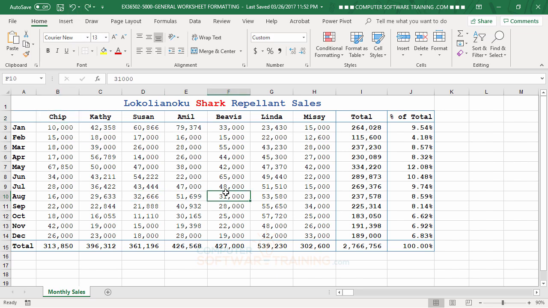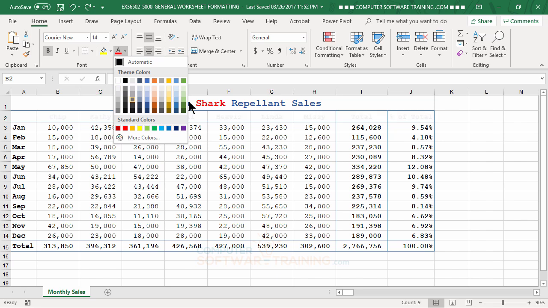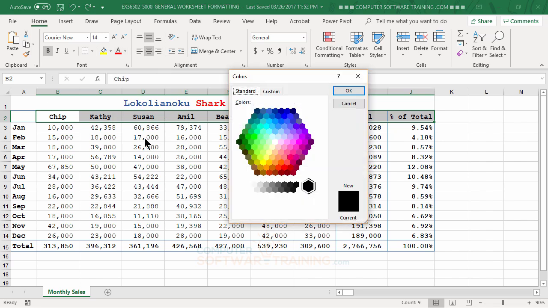Now let's say we want to make the labels maybe a different color, right, that we have here. So we can select that range, all right? Now we go back to the font color, we have these colors, and we have some standard colors here, and as you're hovering you can see all the different things they could be, but I don't want any of those. So I'm going to hit more colors, and I can either go to this little swatch here and find some